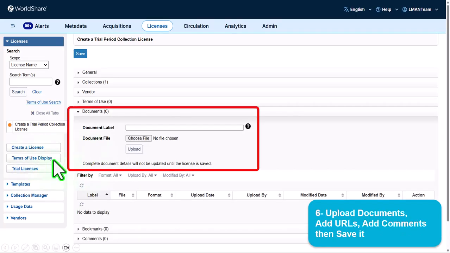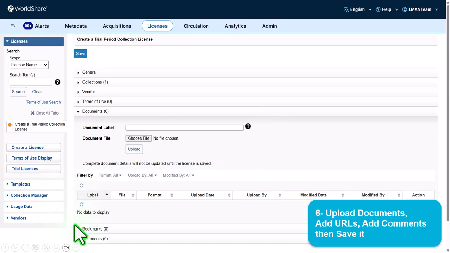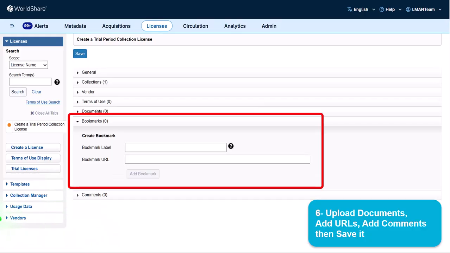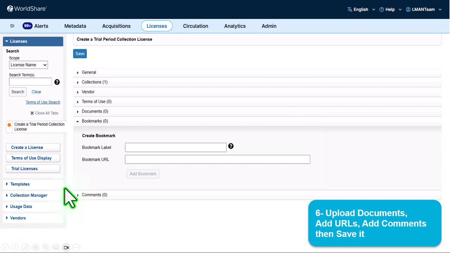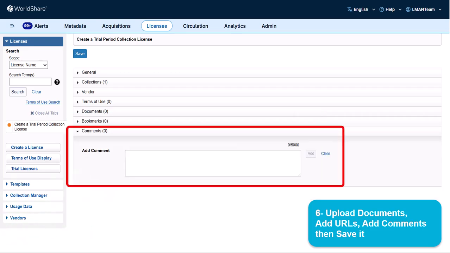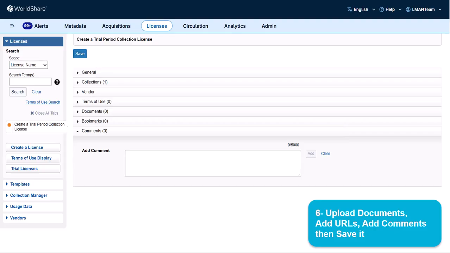Under Documents section, you can upload a copy of your license terms, contract, or any other document related to this license that you find useful. Under Bookmarks section, you can add URLs. And under Comments section, add any information you want to highlight. Remember to click the Save button located on the upper left side of the screen to save your license when